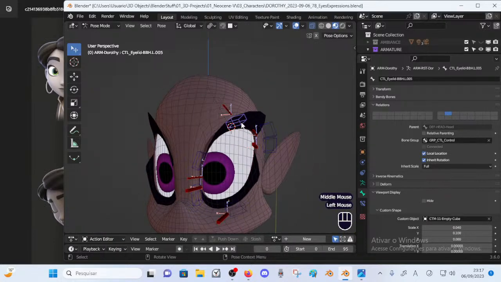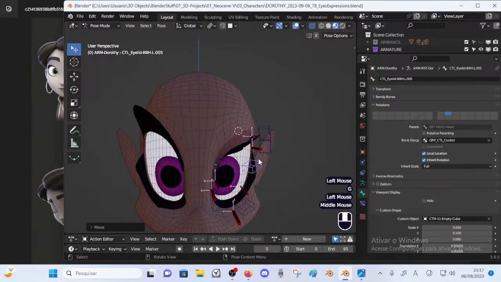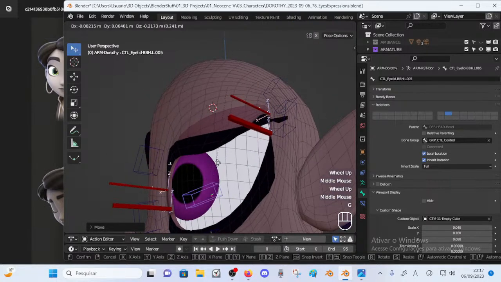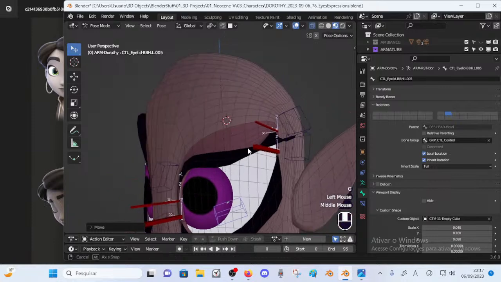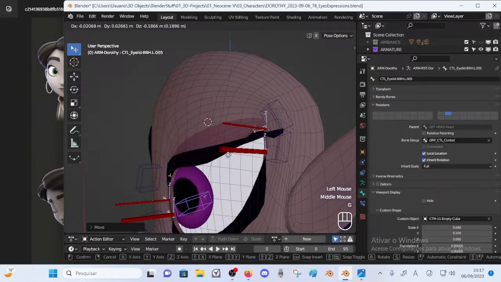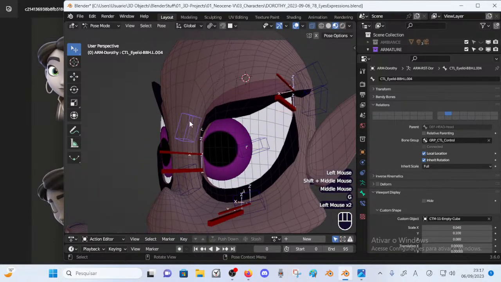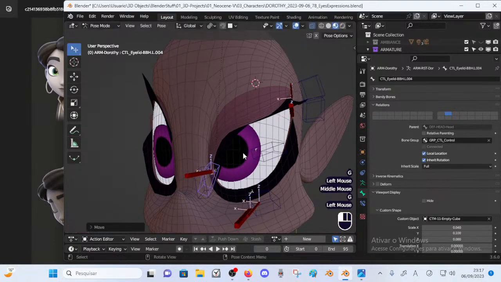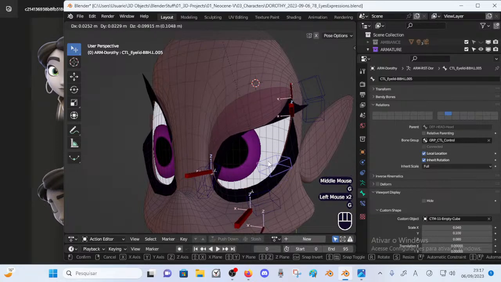The major thing is that there's some breaking, some bad curves there. More adequate weight painting can probably solve that, but it's much better than what it was.